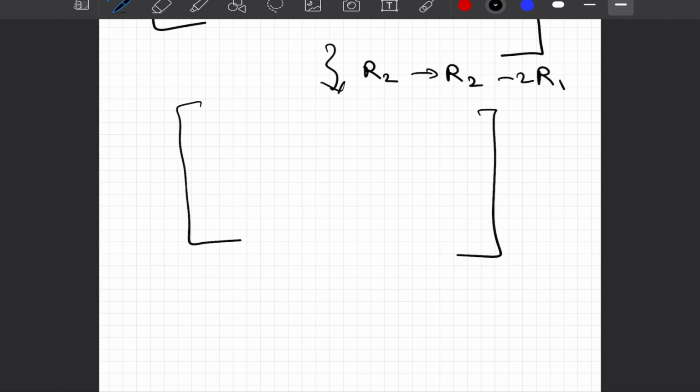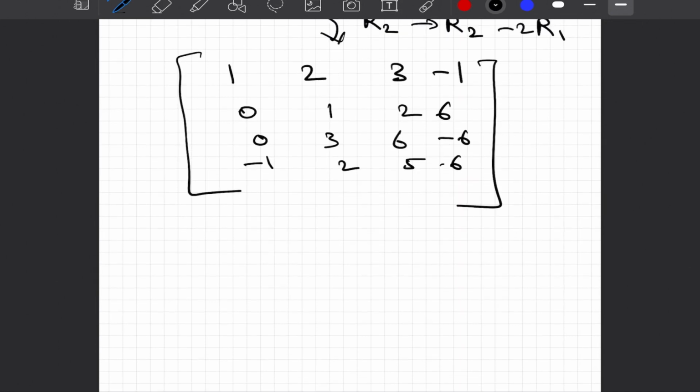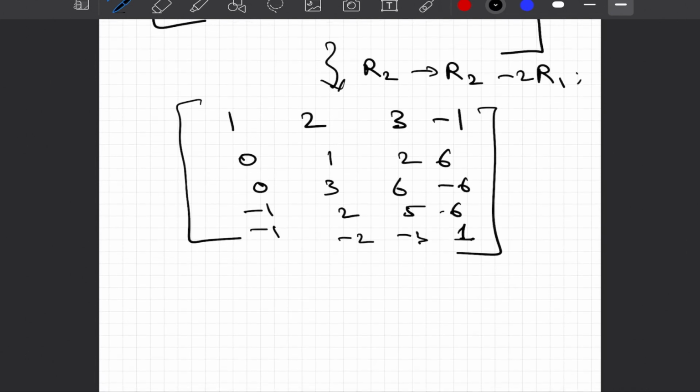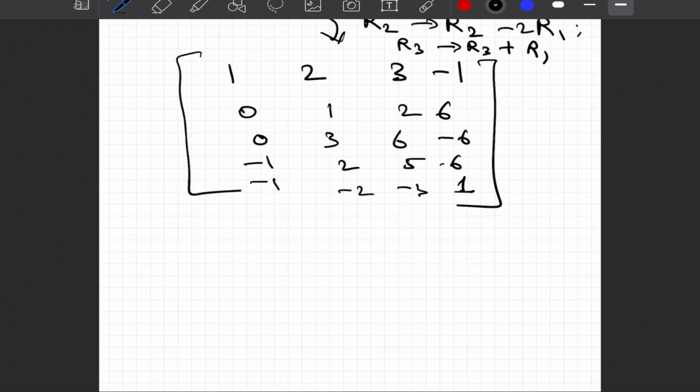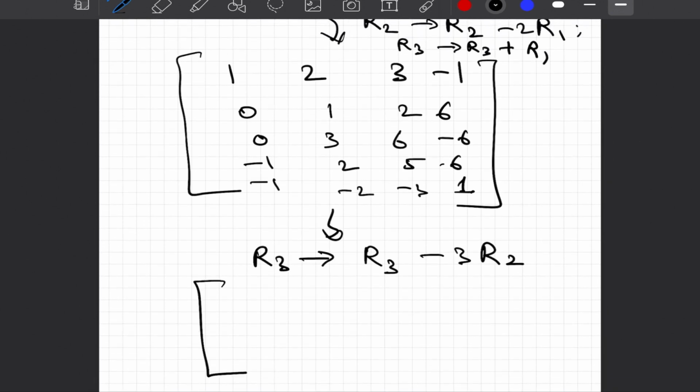and after applying this transformation I can write this matrix as follows. Here I also applied a second transformation. First of all, R2 equal to R2 minus 2R1 and R3 equal to R3 plus R1, and hence I end up with zeros. Similarly, I can apply the next transformation, which would be R3 equal to R3 minus 3 times R2. You can treat this as a revision of basic algebra, and I'm not doing anything special here, but it's good to solve a few examples by hand so the concept becomes absolutely clear.